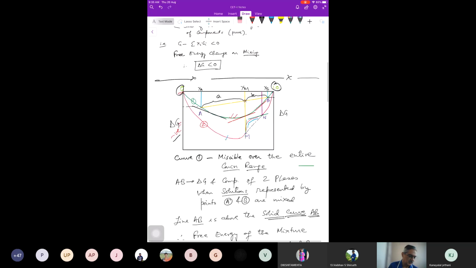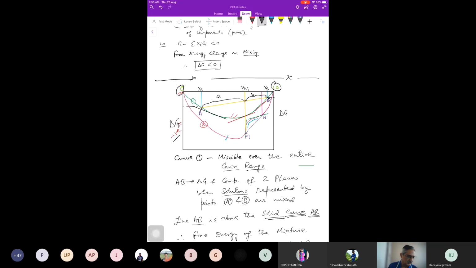it is observed that curve 1 is a miscible system over the entire concentration range. It's an observation, right? If it makes two systems like ethanol water, it is miscible in the entire concentration range, right? So if you take this point A here and point B here and draw a line connecting AB,